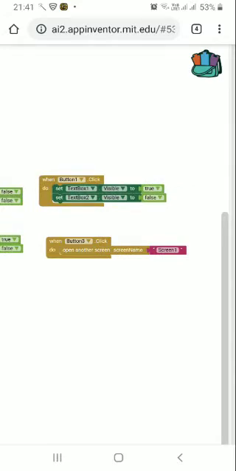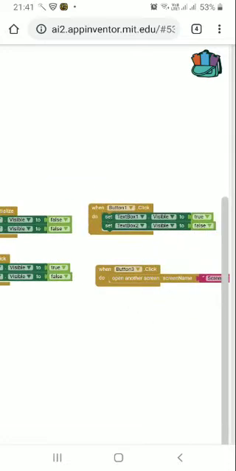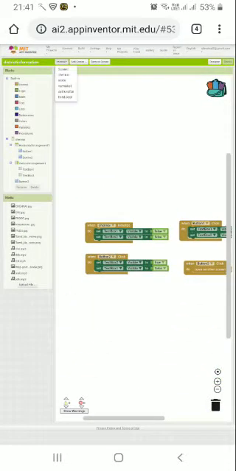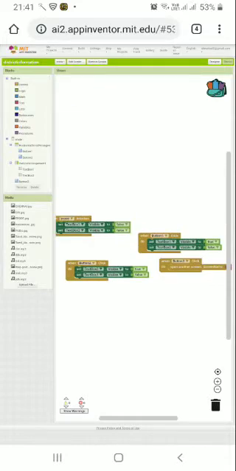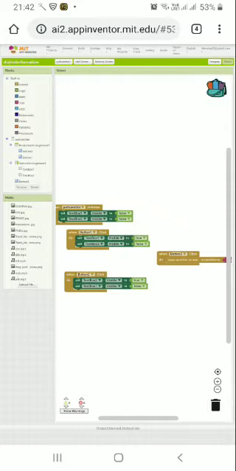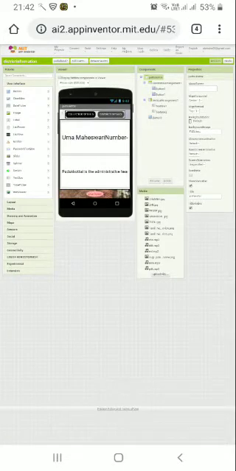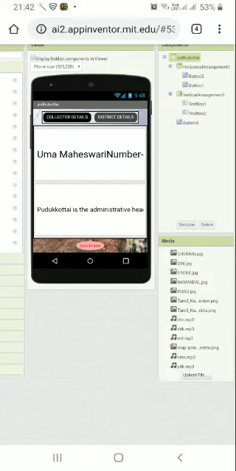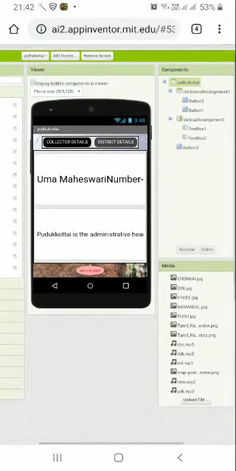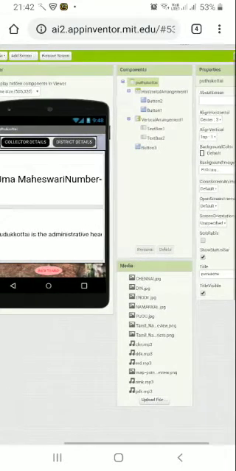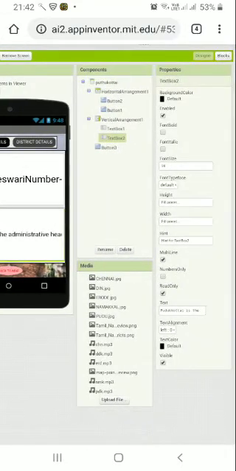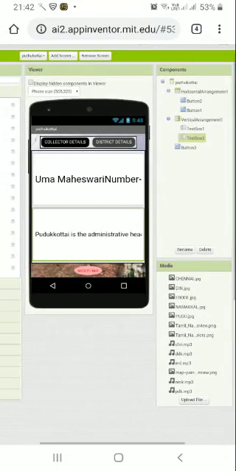When button 3, which is the back to map button, is being touched, it takes back the user to the first screen, which is the screen having the image of the map. This is how all the other 5 screens are. Each of it contains the information of the districts and the collectors details. I have put in the details in the text box here, and for the background image I have set the images which are related to the district.